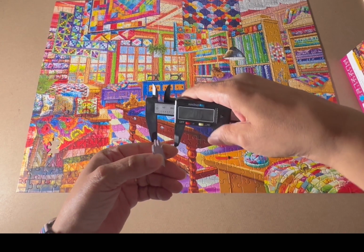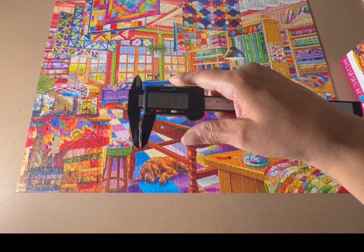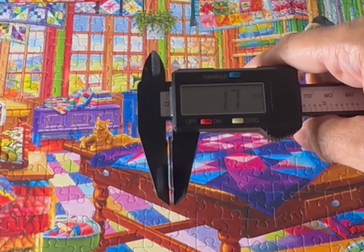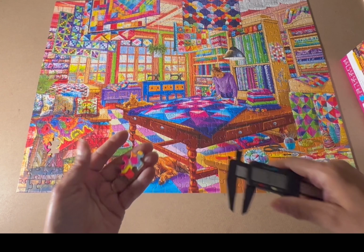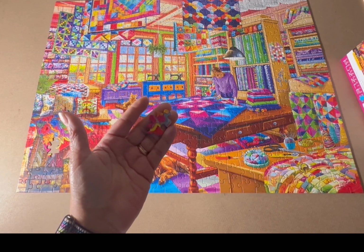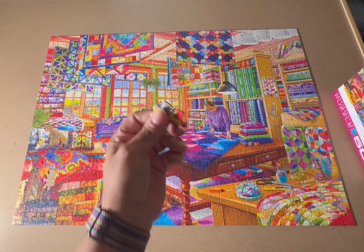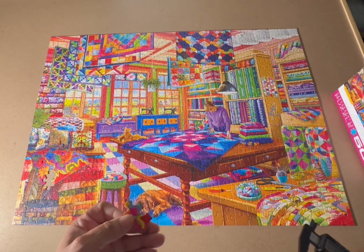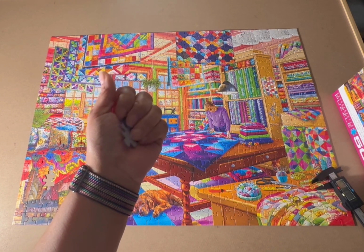So if I open it, I put the piece in it, it tells me that the piece is 1.7 millimeters thick. Now, I've had much thicker pieces in this, say for example with the Machezo puzzle I just did, or a Ravensburger, but it's about the quality of thickness of a White Mountain piece puzzle. So the pieces were easy to manage as far as how they felt in my hand,